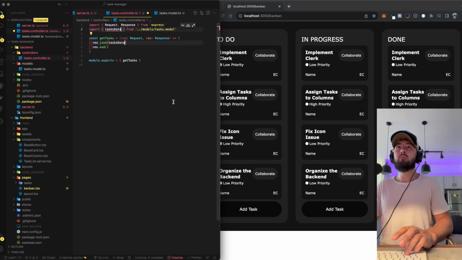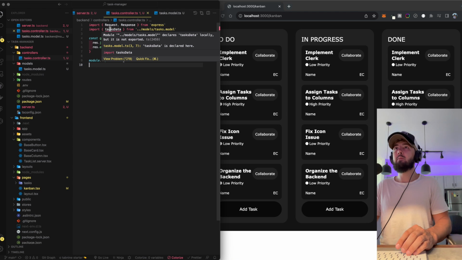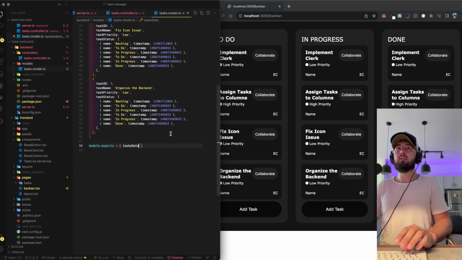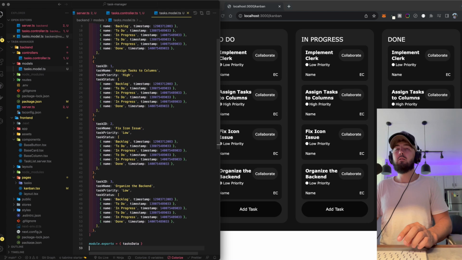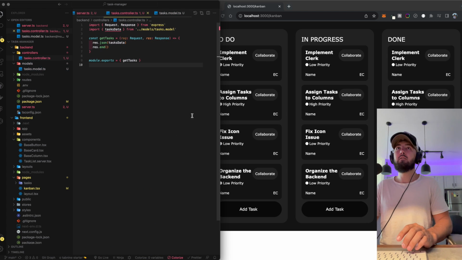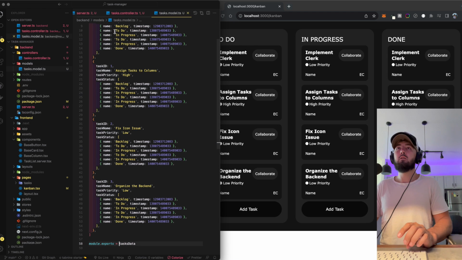Okay, cool. So that should solve that, but we're still getting an issue here. Wonder if it's a type error. Declares task data, but is not exported. It should be. I feel like it is right here, no? Unless I need to export it like this. It's always something silly, so